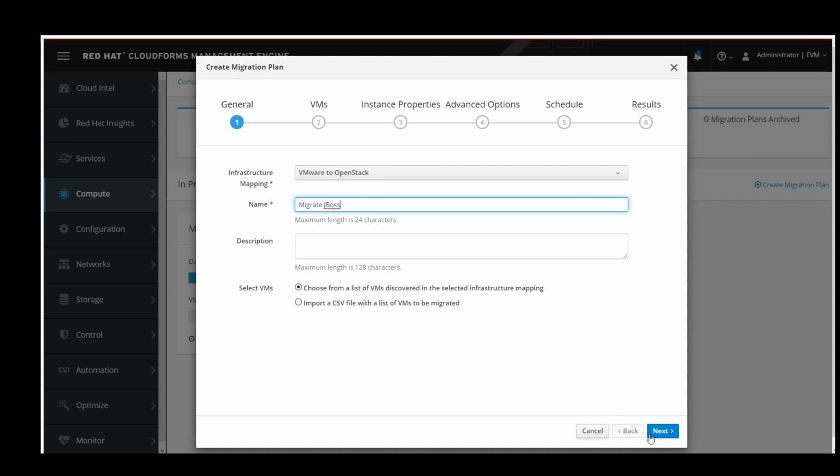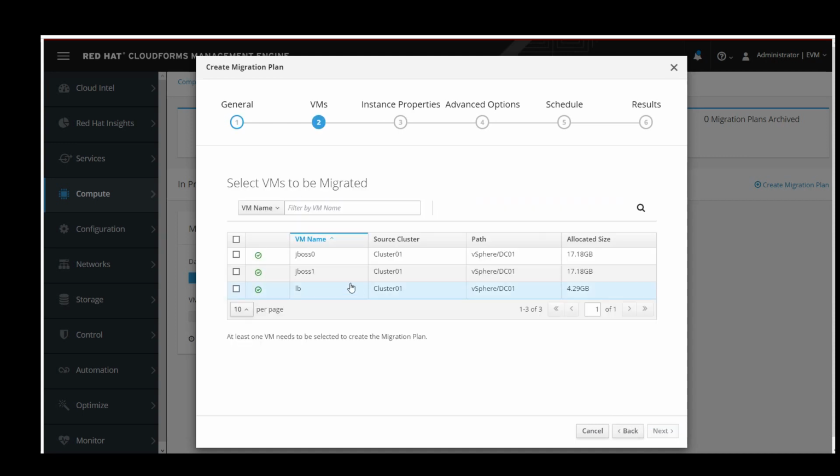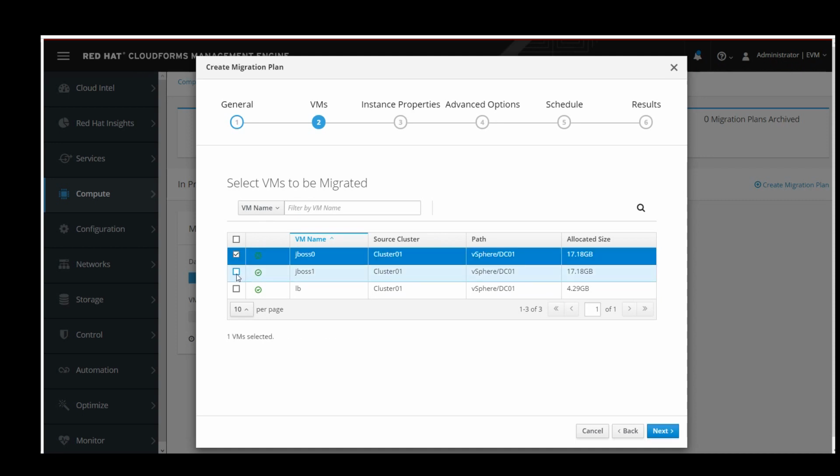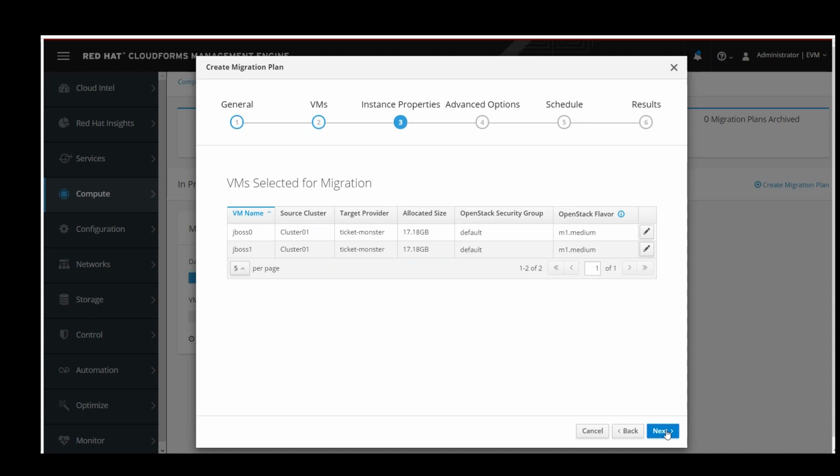And again, we're just going to choose from the predefined list of virtual machines. Notice that because the database is already in the process of being migrated, it has been eliminated as a candidate from this list. So I'm going to select both of these guys, hit next,